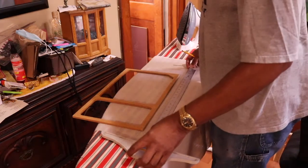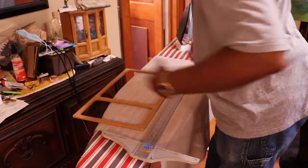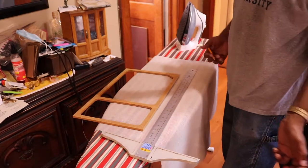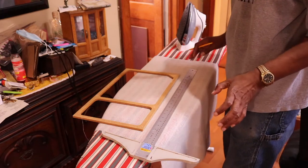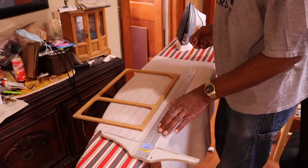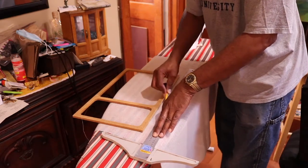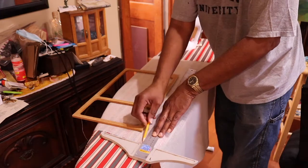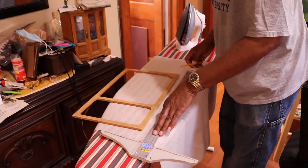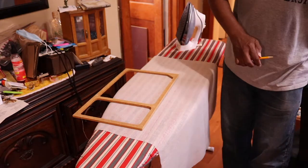So I have a long ruler. There's more than enough fabric that I have here, but there's not enough fabric to do another speaker. But this would be enough to even do my 3's. The company sells enough to do the larger AR speaker. I'm just going to mark this here, and then